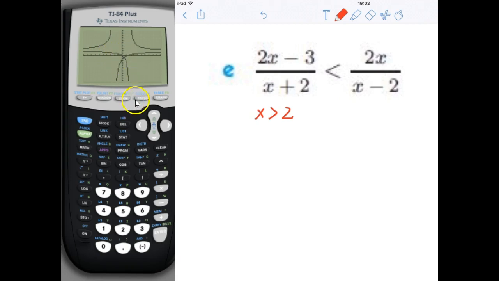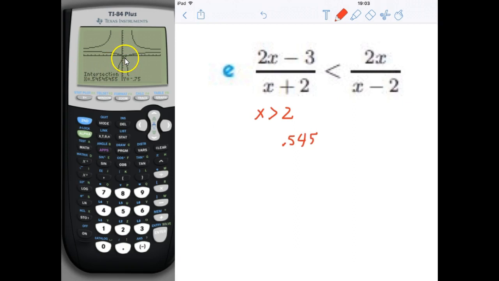We can do that by doing a second calc, and then intersect, and then say first curve, second curve. Just hit enter twice because there are only 2 curves, and then we put the cursor somewhat close to the intersection of the curves, and it will tell me that the intersection is at 0.545. Okay, so at 0.545,